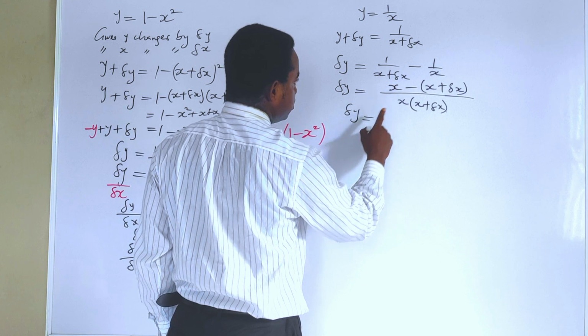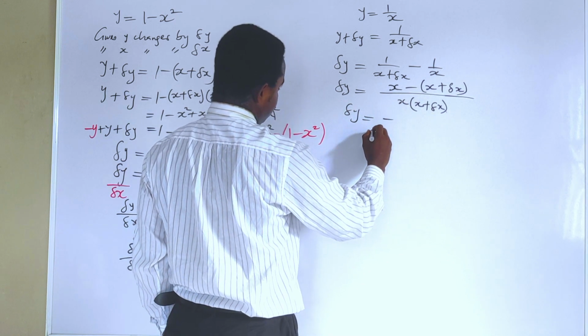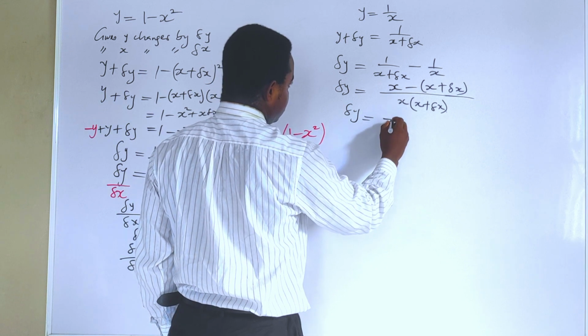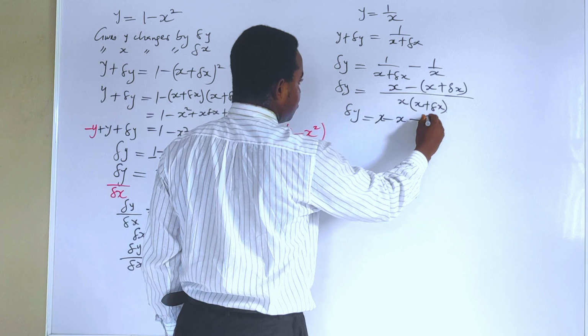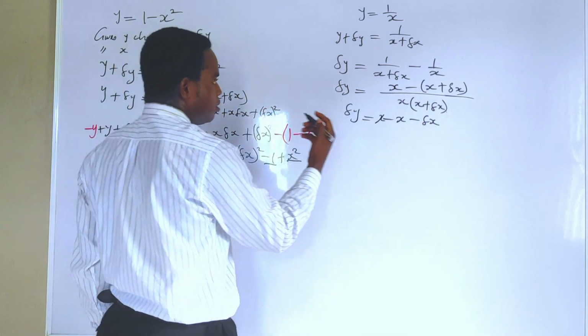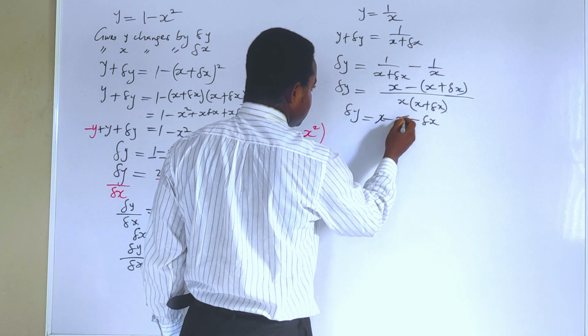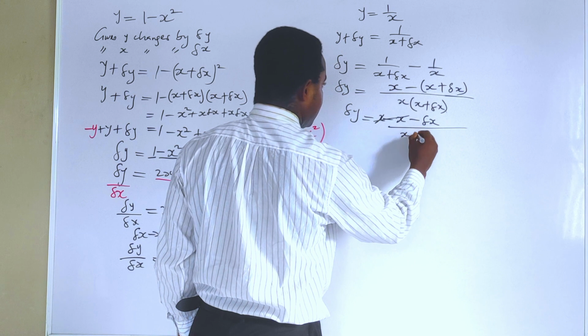So this is equal to x minus x plus x minus delta x, because when we open that bracket with the negative outside the bracket there, that is what we have, right? So that cancels out. So at the denominator we still have x